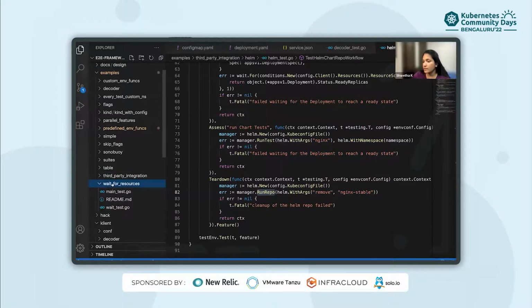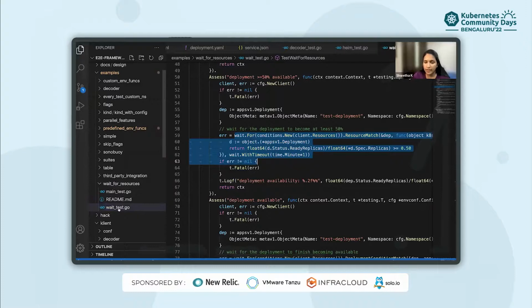Okay, wait for resources. Whenever you deploy a Kubernetes object, it will take some time to be up and running. If you have to wait, or if you want to keep polling the status of that particular pod or resource, you can use the wait.for function.